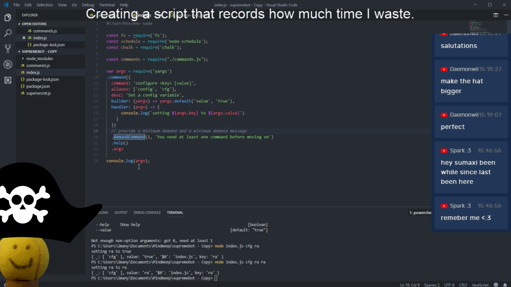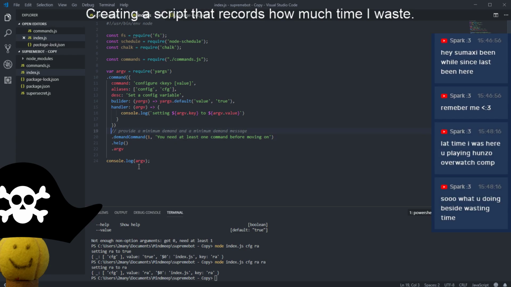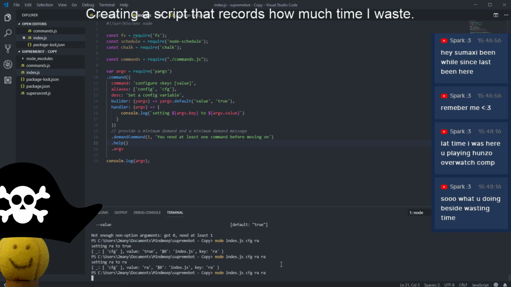Last time you were here, I was playing Hanzo in Overwatch comp. Yeah, everything has changed. Hanzo became meta and I quit the game. Besides wasting time, creating programs to stop myself from wasting time, and wasting time as I'm doing